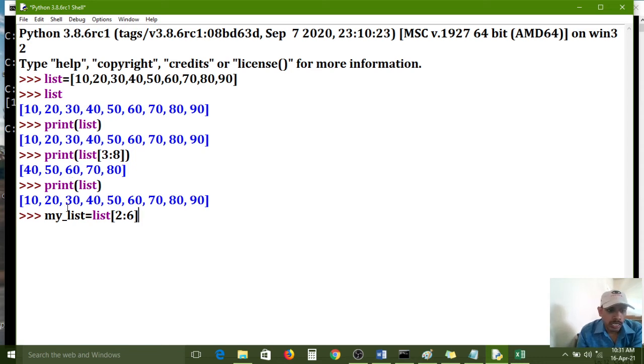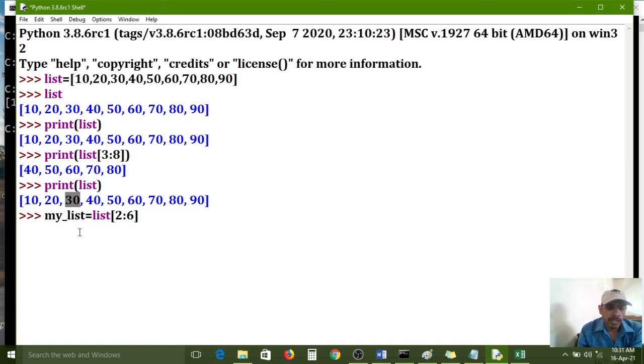Here 2 is what? 0, 1, 2. From here to 1, 2, 3, 4, 5, 6. So up to 70 it will print. It can separate these elements from the entire list and store them into some other sublist, some other name.